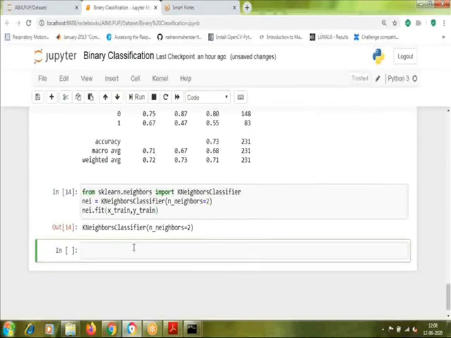Again, the same way we need to predict. I am using the same variable y_pred so that we can copy and paste the above cell. So for y_pred, we are now going to use this k-nearest neighbor and predict our output by supplying just the test features.